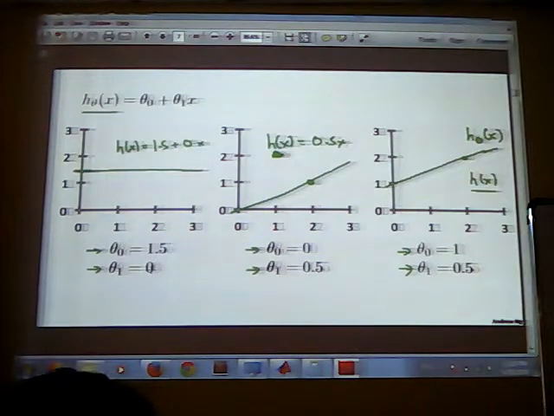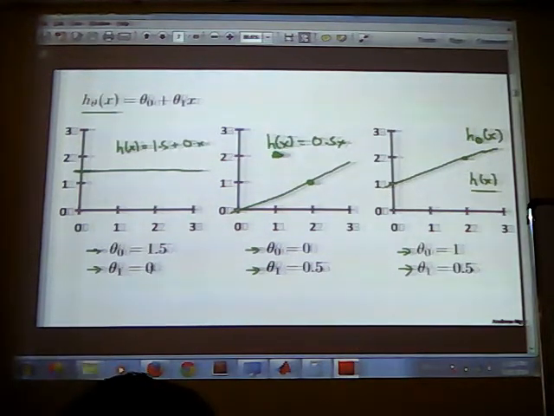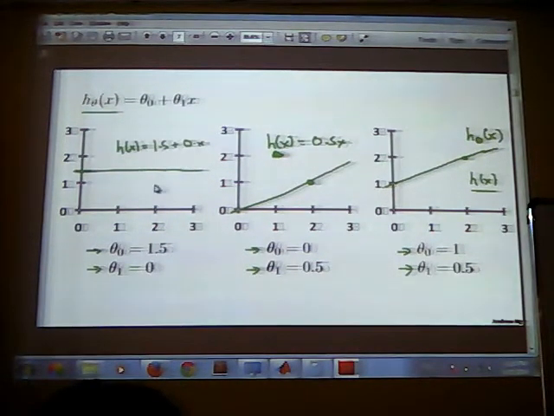And what was theta 1? It is 0. That means for any value of x, suppose you are giving input 1, what will be y? h of x is your y. So what will be y? 1.5. For 2 as well, it is going to be 1.5. For 3 as well, it is going to be 1.5. So it is going to be a straight line parallel to the x-axis, and the intercept will be at the point 1.5. So is this example clear to you?